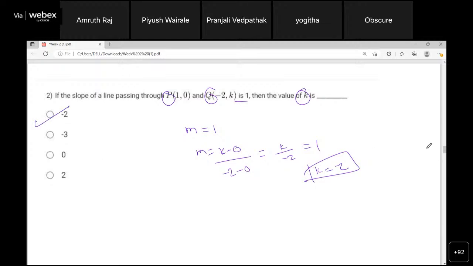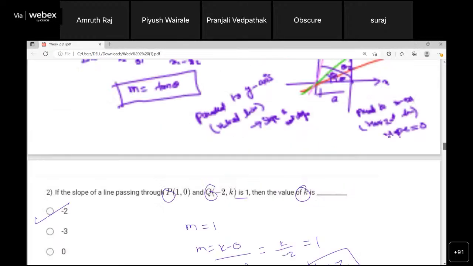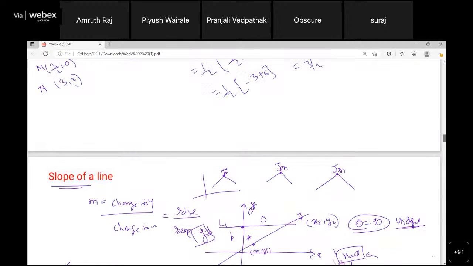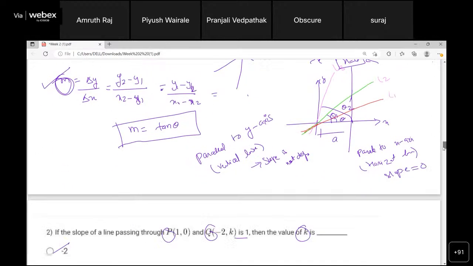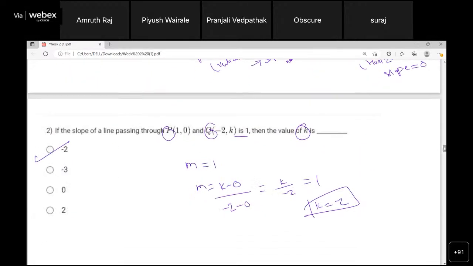Sir, I got disconnected from the thief question. Can you explain it again? Sorry, which one? The thief question, the tower and two thieves. Yes, there is some ambiguity in that question. We'll check that and modify the question, because if we change the points, the slope and the answer will change, right?